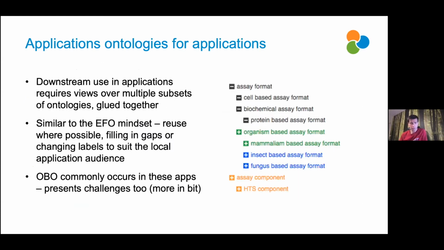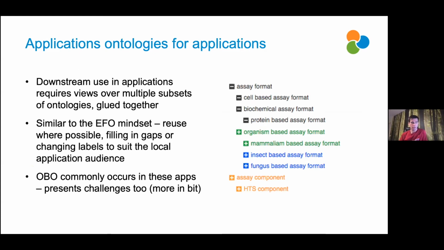Another thing that gets a lot of use is this application ontology. So something that we're all quite familiar with. The idea that there's a reference that is centrally run, whether that's an OBO Foundry ontology that is then brought in-house and used as a reference internally, or something they've spun up themselves and they have their own standard for representing whatever it is they're modeling.